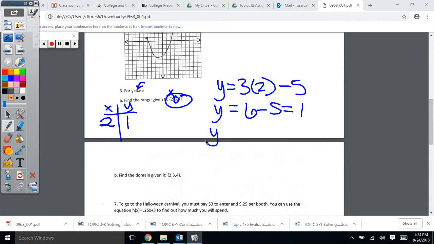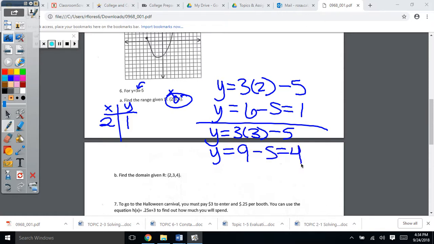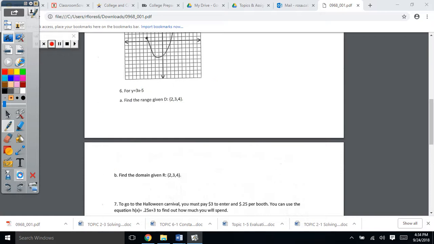I'm gonna do y equals 3 times 3 minus 5. So y equals 9 minus 5, which is 4. So for the 3 that I substituted, I got a 4. And then you would keep going the same way, finding your values. Okay. And then the next one,